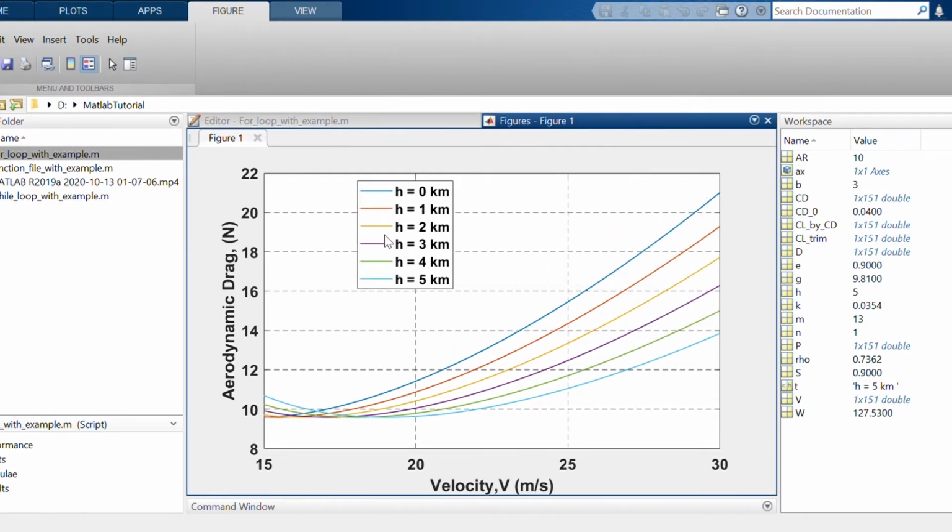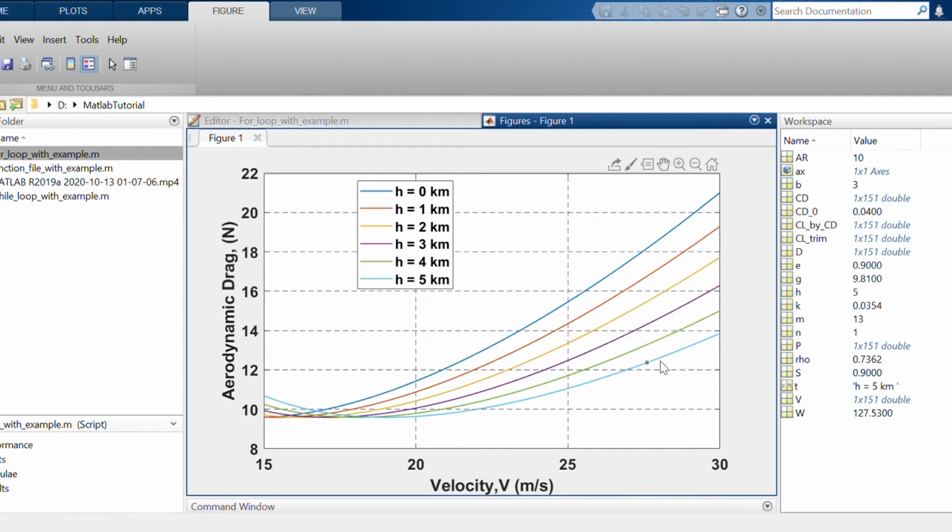So as you can see, the blue line represents 0 kilometer. When your aircraft is flying at sea level condition, your drag variation with flight velocity will be like this. And when you are flying at 5 kilometer, your drag will be like this sky blue line.